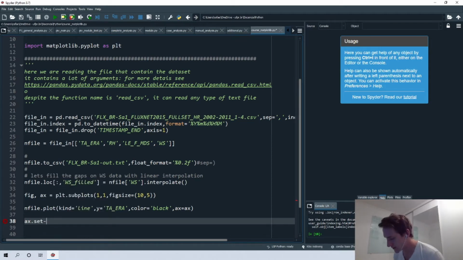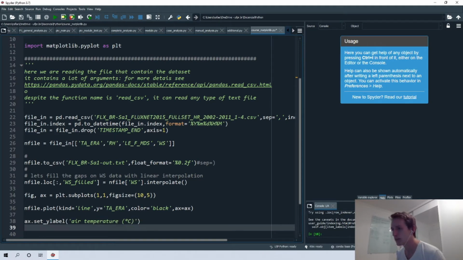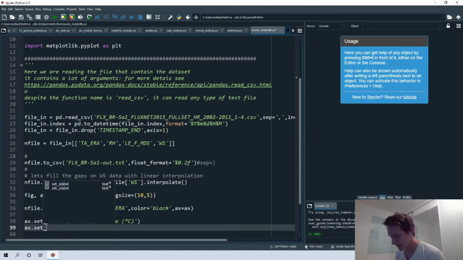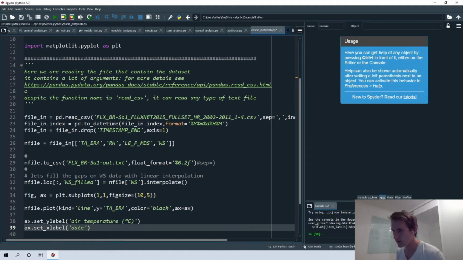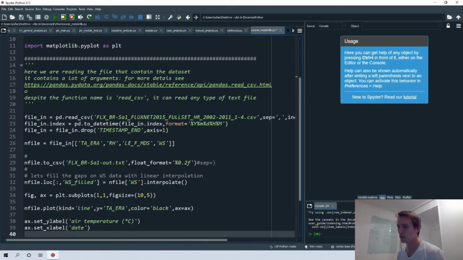Dot set y label. In that case is air temperature. And then we can specify also the axis label and date.